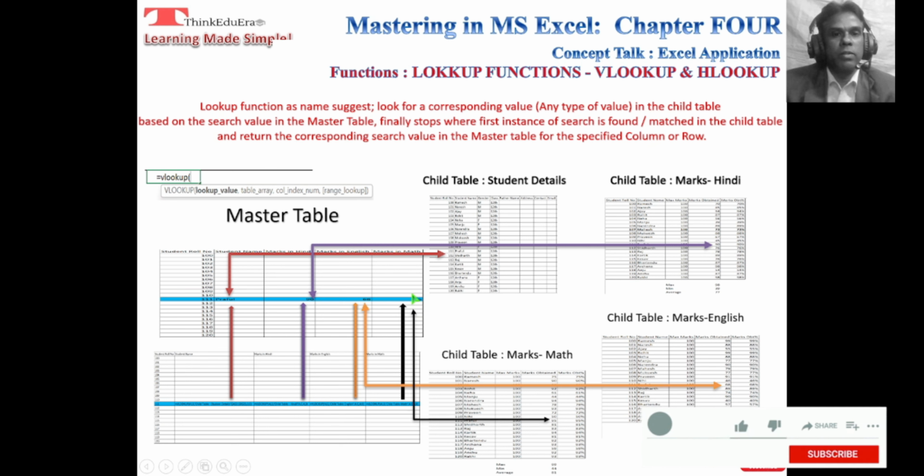If we wanted to pick up the math marks, similarly it will go in the math table. It will look up the roll number here, and it will pick up the value 95. Okay, it is 95, so it picks up 95. So I hope, viewers, that from this pictorial view you are very clear about what your master table is,